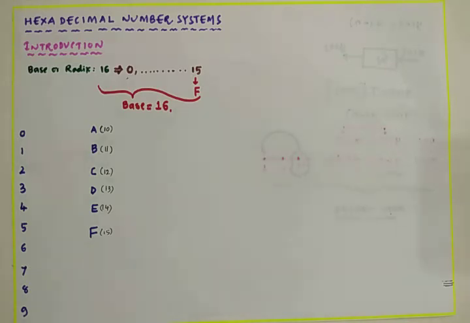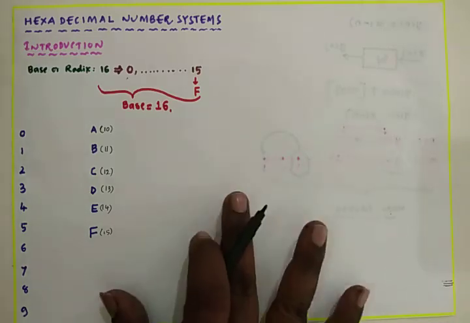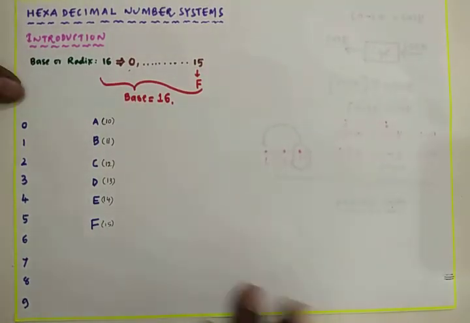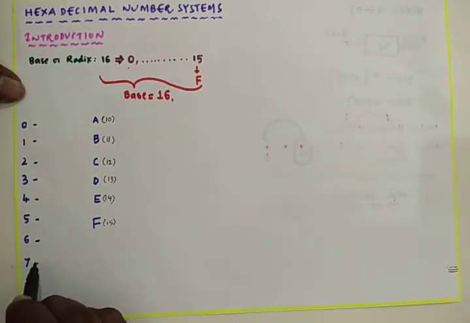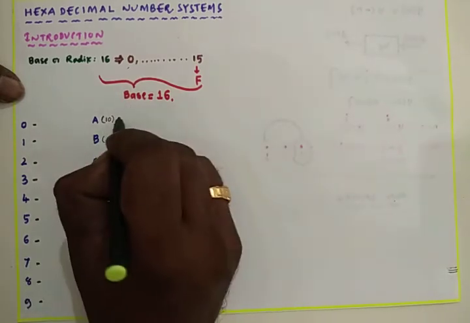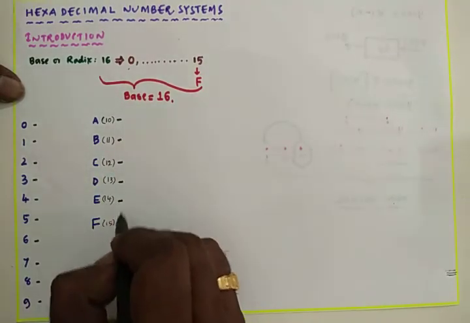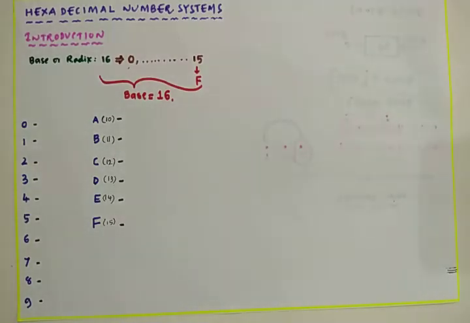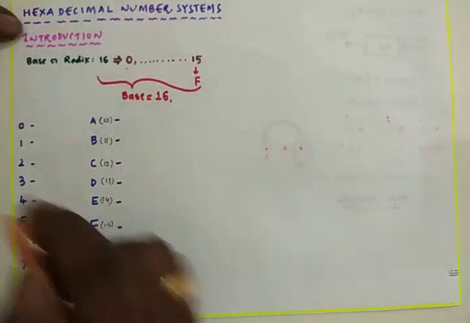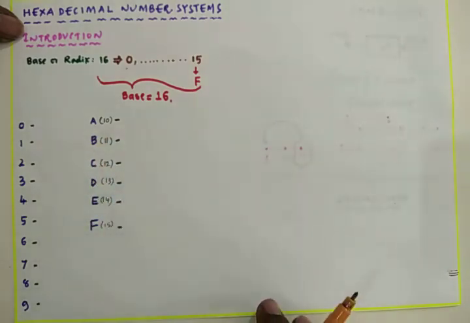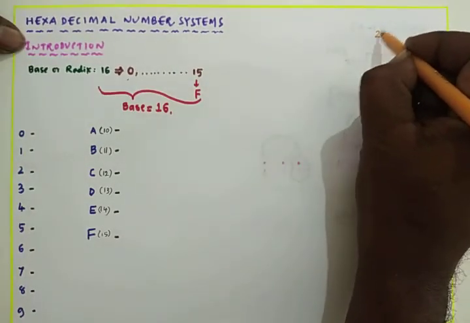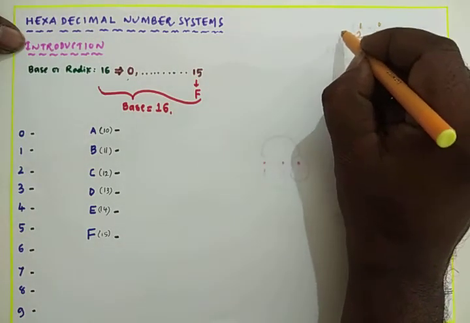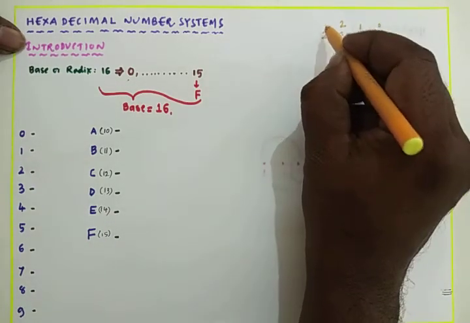Now these are the hexadecimal numbers. I can represent these hexadecimal numbers in the binary form. Each digit of the hexadecimal number is replaced with a 4-bit binary number. 4-bit binary means 2 power of 0, 2 power of 1, 2 power of 2 and 2 power of 3.